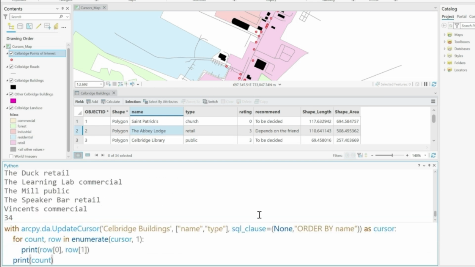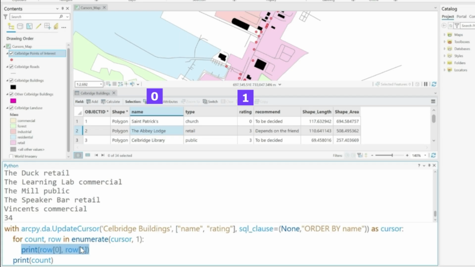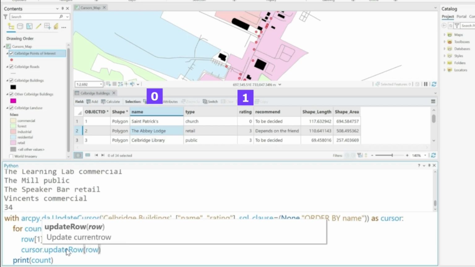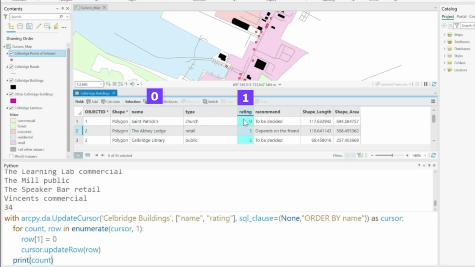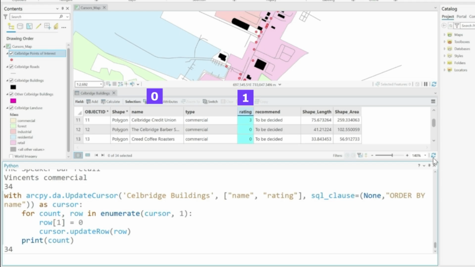Let's try again. This time we will add in our rating field, and let's remove type. It's not required. We'll remove our print statement for printing out our attributes, and we'll set row 1 to equal 0. We're going to set every row for the rating to be 0. And we will call our cursor.updateRow method and supply in our row. Okay, so we're going to update every attribute for the rating to 0. Let's run our code. We refresh our table